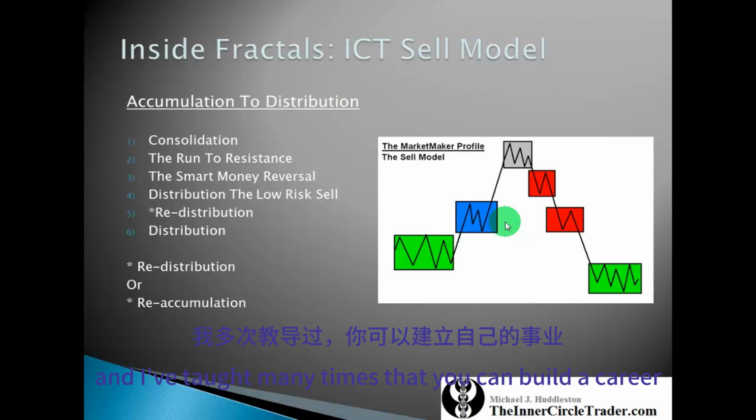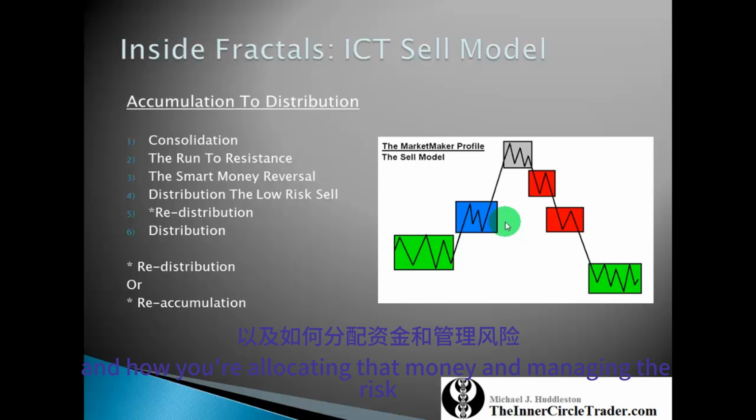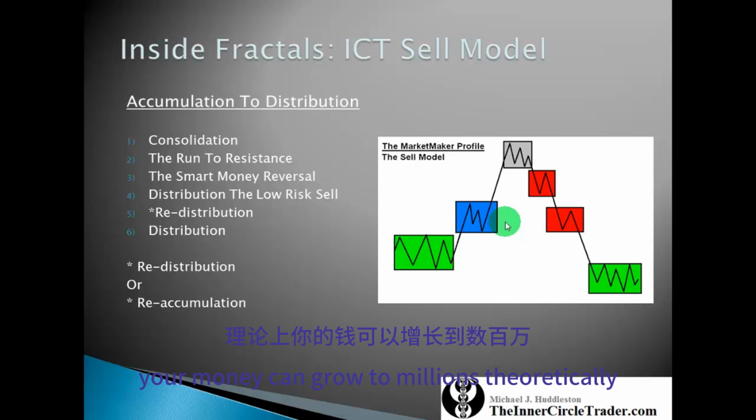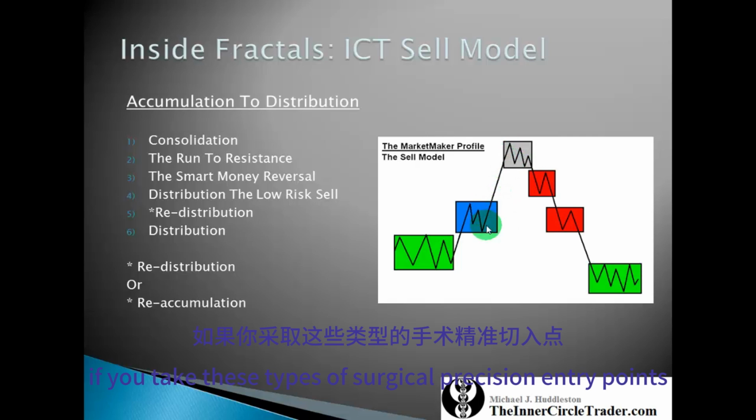And I've taught many times that you can build a career on 30 pips per week if it's done consistently, and you optimize your equity and how you're allocating that money, and managing the risk. If you're consistently doing that exponentially, your money can grow to millions theoretically, just by taking 30 pips every single week. Problem is you're not going to stop at 30 pips, but nonetheless, if you take these types of surgical